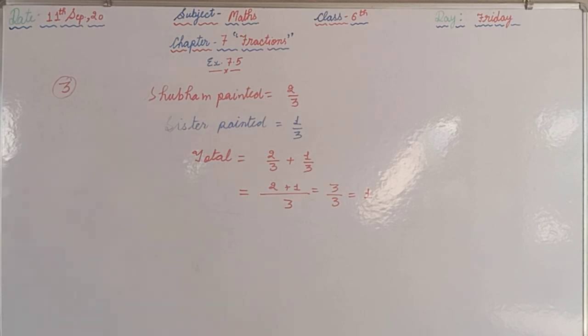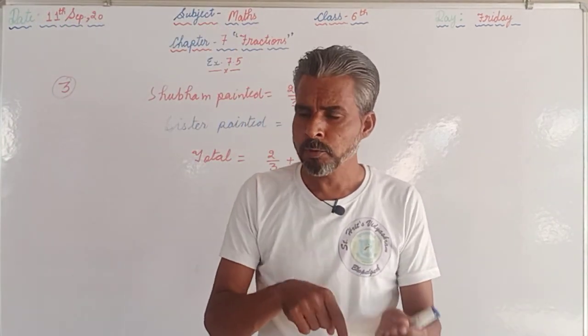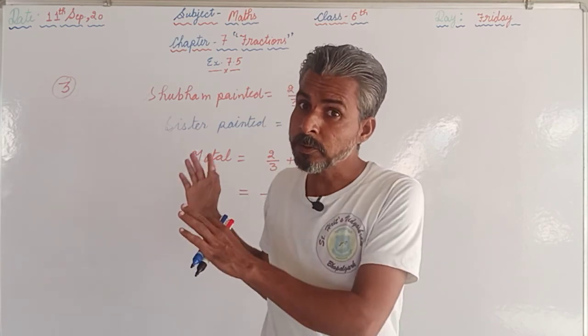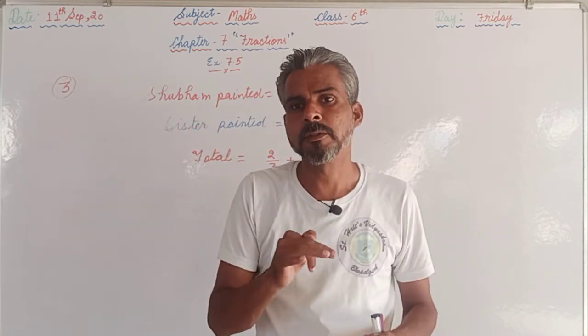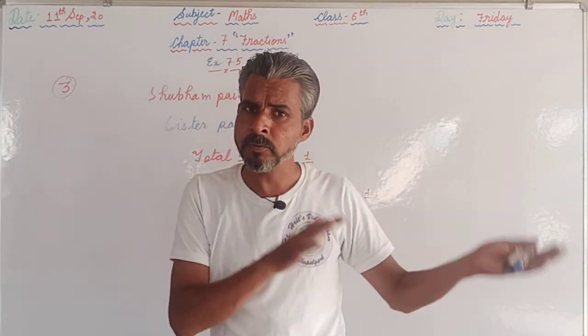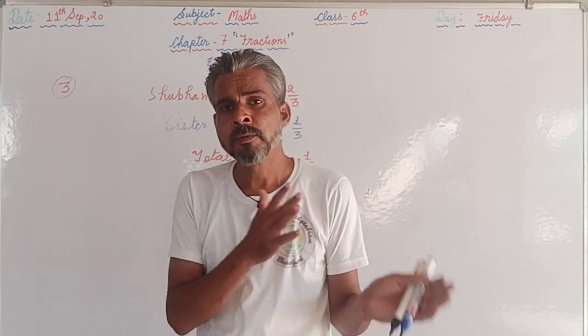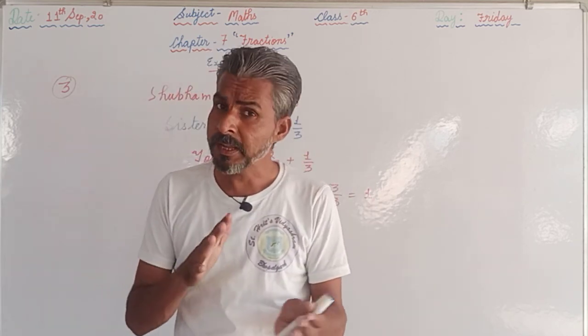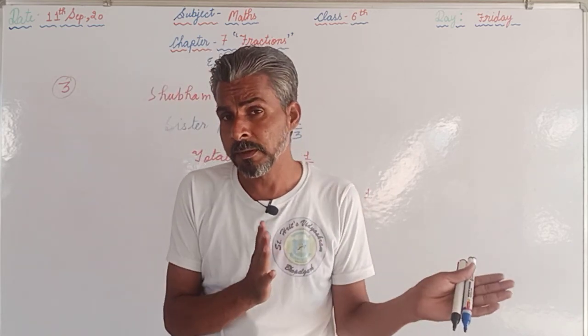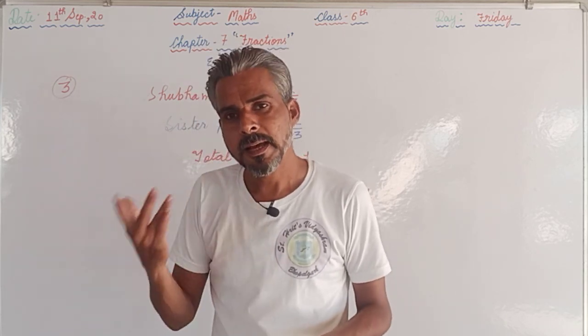So like this we are supposed to proceed the questions given in this exercise. So you are supposed to complete question number 1, question number 2 and question number 3. You are supposed to repeat those questions, and at the same time, if you have not completed the questions of the previous exercises, then you are supposed to try all those questions, so that you can solve the upcoming questions in the upcoming exercises as well.